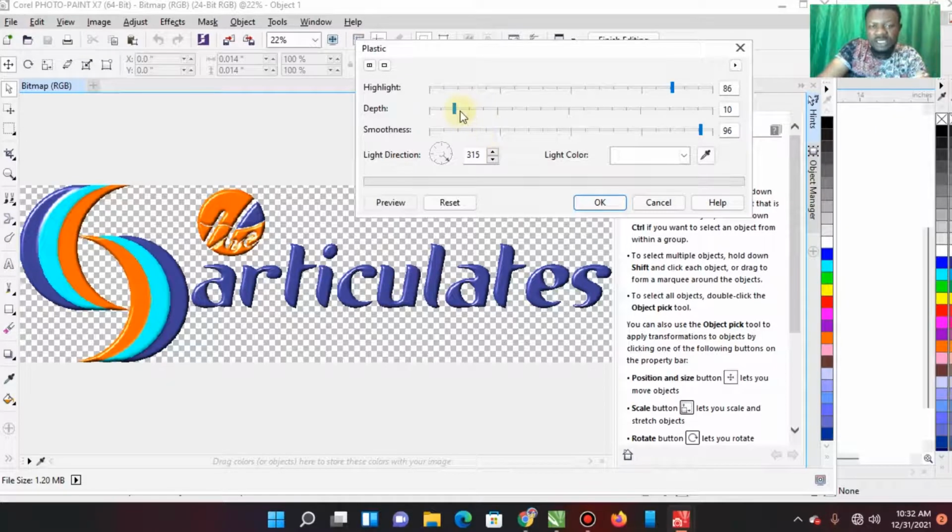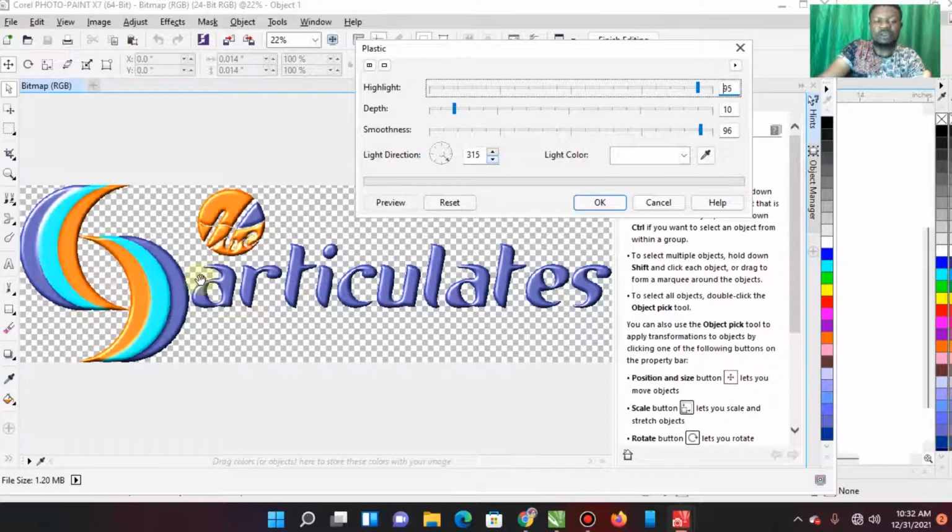So now I can change the highlights. Like I can reduce the highlights. When I reduce the highlight, please watch what is happening here. As I'm setting it up here, you see the difference. The preview of what I set here will be showing up here. So now I reduce the highlights, you can see, but when I increase the highlight, now you can see it's showing more light. So now I think I want it this way, so let me apply it this way. So now I've applied it.